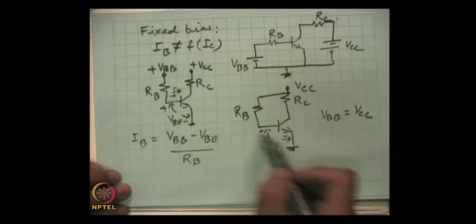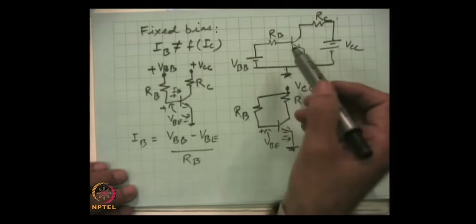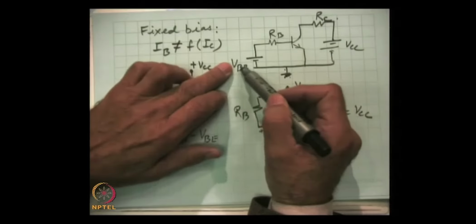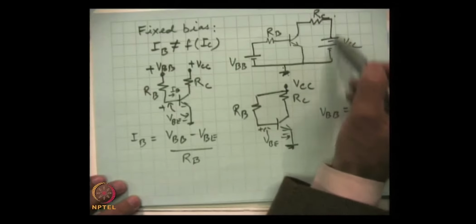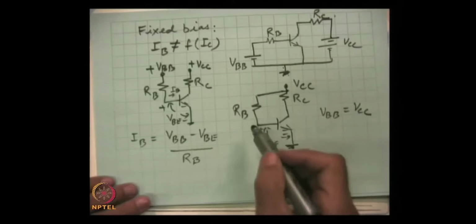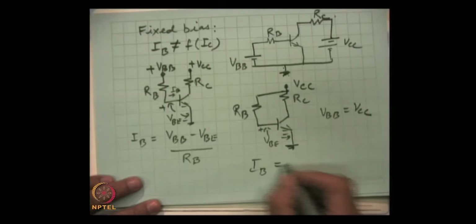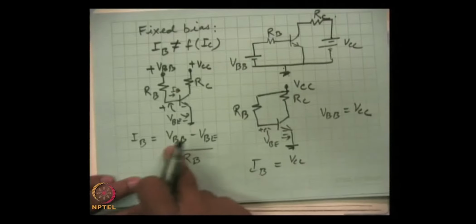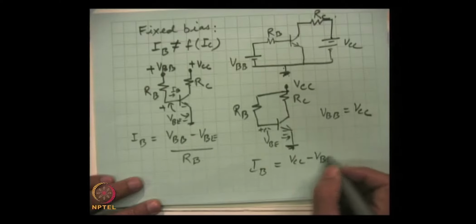So, this is the way circuits are drawn. For the input side, we can make a circuit like this where VBB is equal to VCC, and on the output side we can make a circuit if some calculations have to be made. And here now IB will be equal to VCC, because VBB is equal to VCC, minus VBE